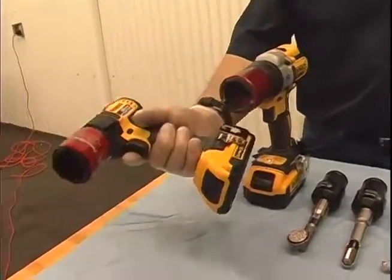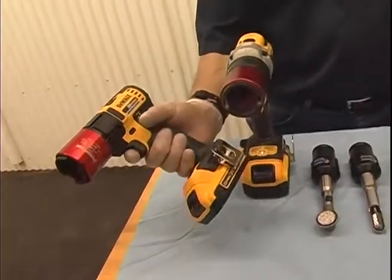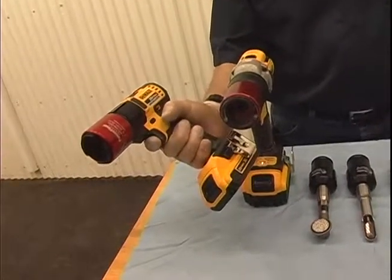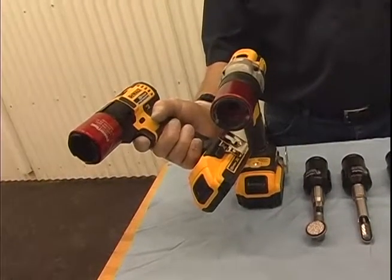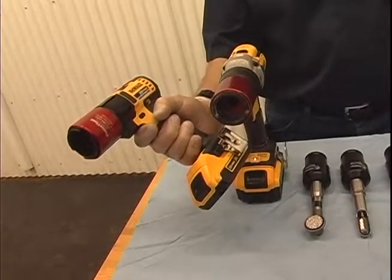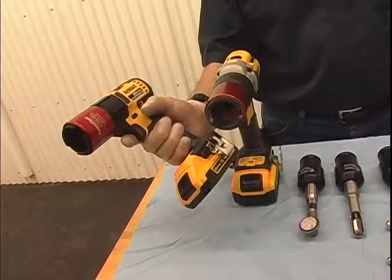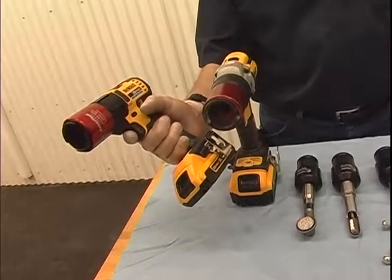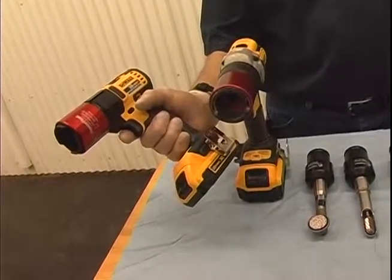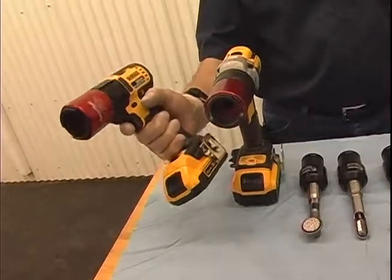This particular motor weighs a third less than the larger one. It's a brushless motor, but its maximum RPMs are 2,850, so it spins the wheel at a slightly slower RPM. And it makes a high-pitched sound, but veterinarians should be wearing ear protection with either motor. This is quite satisfactory for people who have elbow injuries or shoulder injuries and they can't